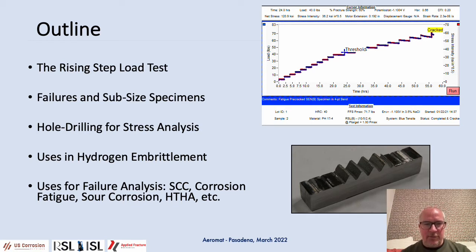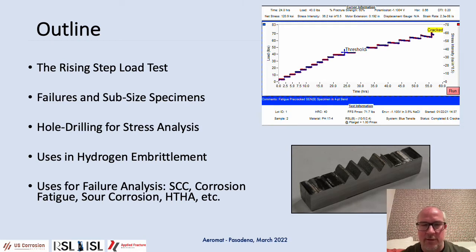And some specific uses in hydrogen embrittlement, and then I'll more broadly discuss uses in other types of failures, including stress corrosion cracking, corrosion fatigue, sour corrosion, high temperature hydrogen attack, a number of different mechanisms that have been evaluated using these methods. And what I'm showing in this graph is an example of the step loading method that's used